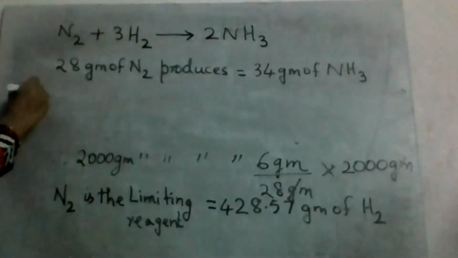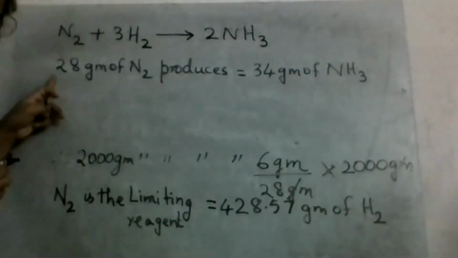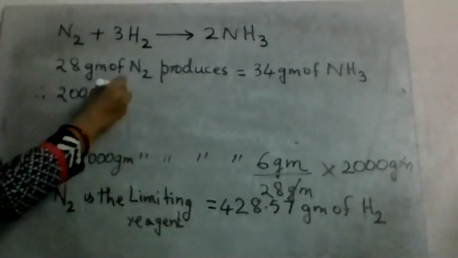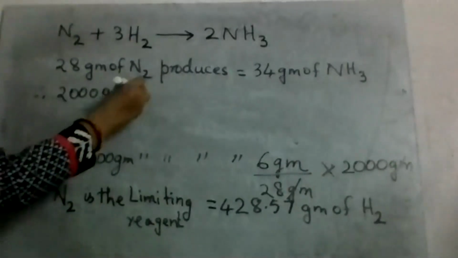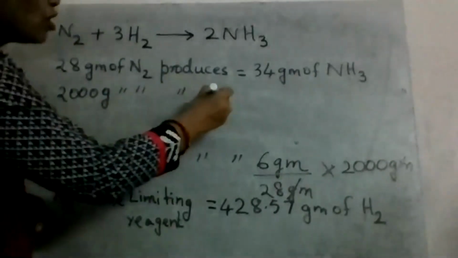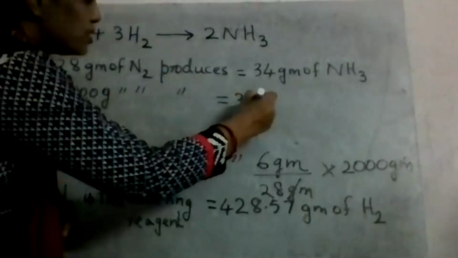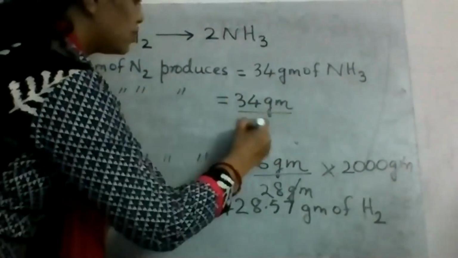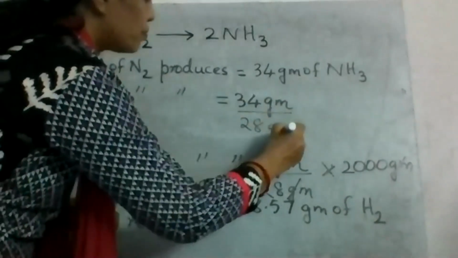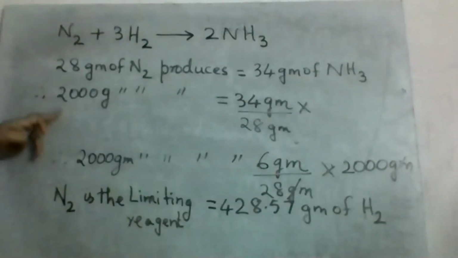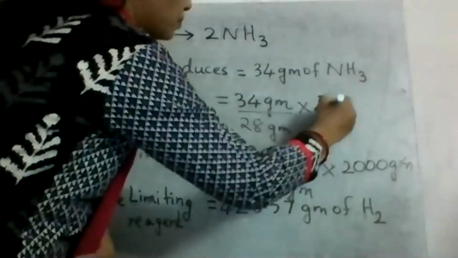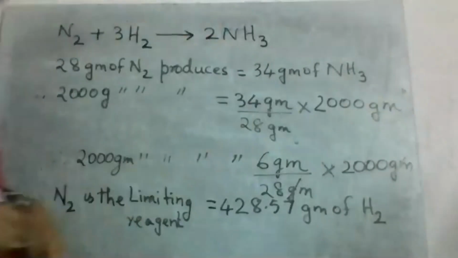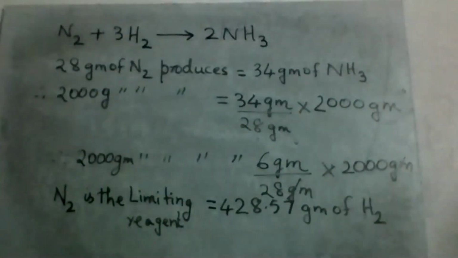Therefore, in the question, nitrogen given is 2000 grams. 2000 grams of nitrogen will produce how many grams of ammonia? So solve this: 34 divided by 28, into 2000 grams. So you get the answer there as